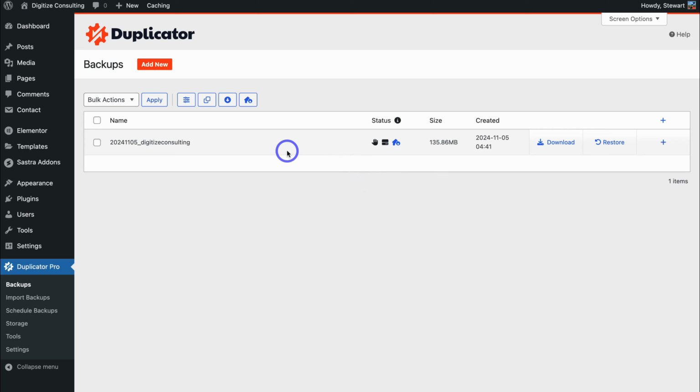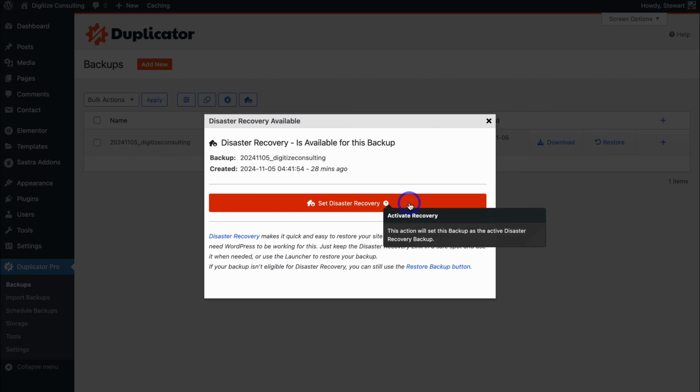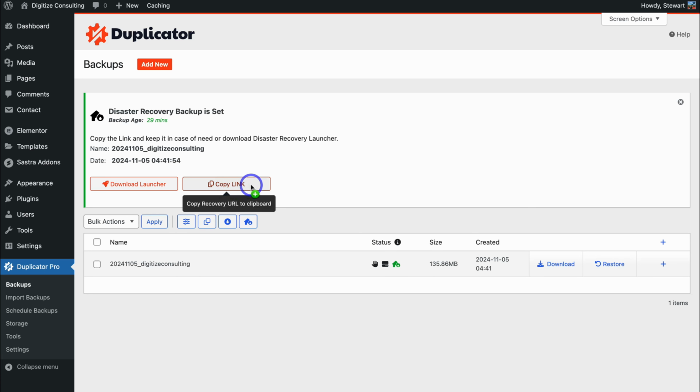To do this, you need a backup on your local storage like this one here. Then you want to find the most recent backup and click on this icon. Then click Set Disaster Recovery, and then simply copy this link. You can also download the launcher, but as a beginner, it's a much smoother process if you simply copy this